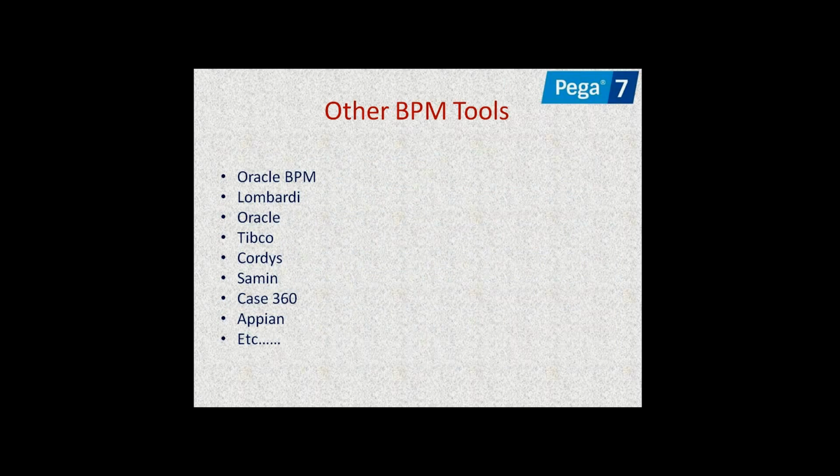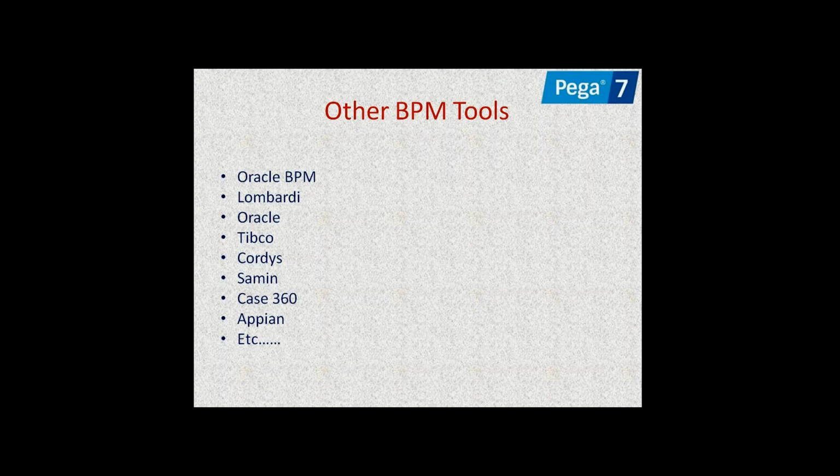And in the market, you have so many BPM tools, guys. Not only Pega is a BPM tool, but I can say Pega is the number one BPM tool in the market, and right now we don't have any competition to Pega BPM. It is one of the most advanced BPM tools, and we cannot compare it with any other BPM tools in the market. Those are small BPM tools, guys, and only some minor functionalities will be available.